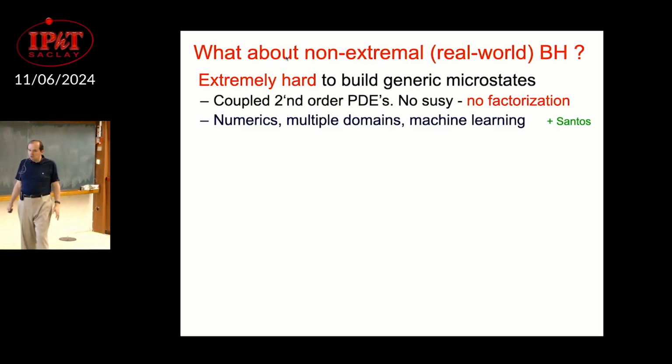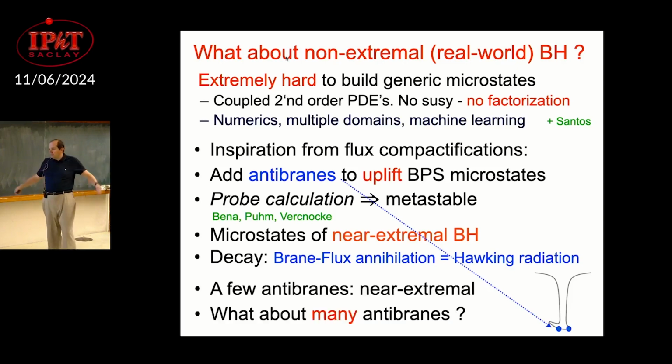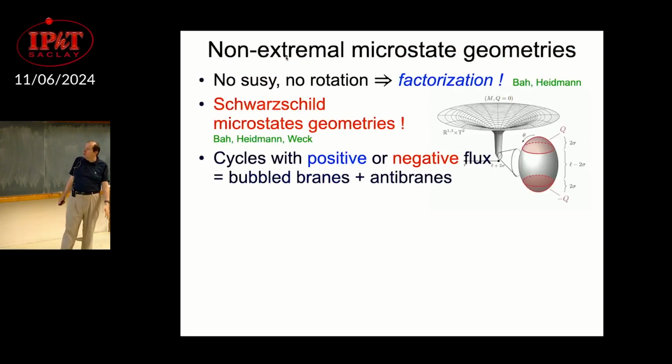Non-extremal microstates are going to go much faster, and there's a talk by Pierre about them. You can build non-extremal microstates by taking a supersymmetric one and putting a brane, an anti-brane probe in it, by putting a tiny bit of branes as probes. But you can do this only in the probe approximation. The problem is, it's very hard to do the back reaction.